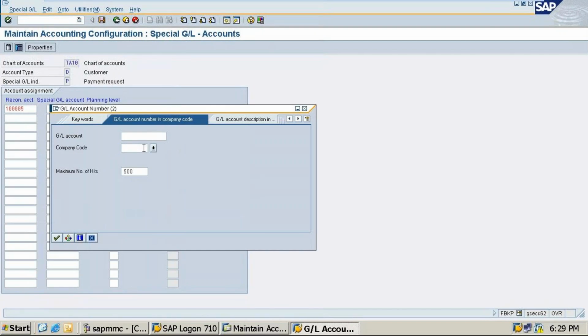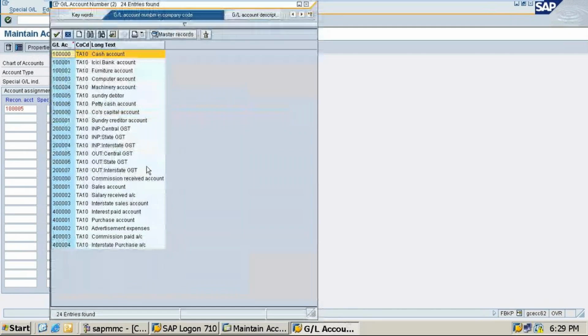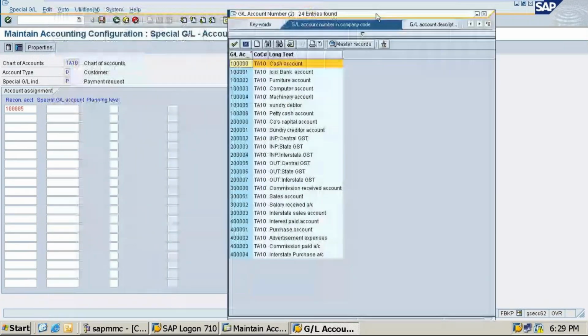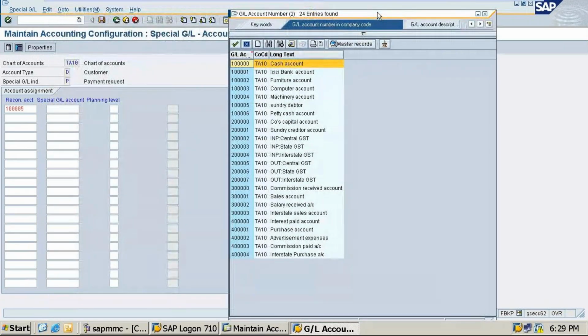Here I am changing 0. So here special GL.